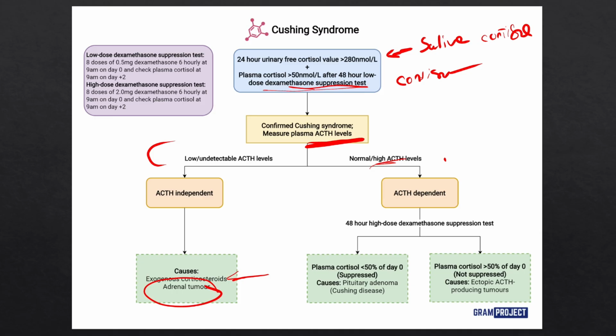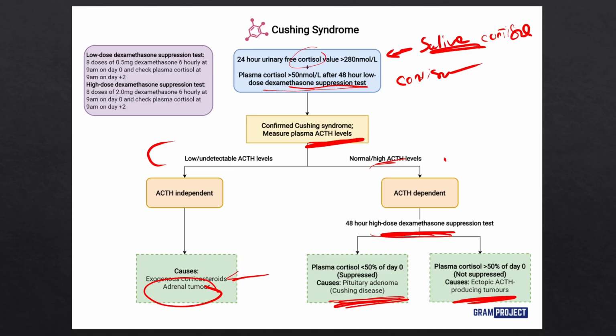So what you're gonna do, you're gonna give the high dose dexamethasone test. If it gets suppressed, the ACTH is low, then this is Cushing disease because of the pituitary gland. If it's not, then this is ectopic ACTH secreting hormone, and you need to do a chest X-ray or do a general investigation. Okay, so the key to take home here, you always start with saliva or cortisol test,